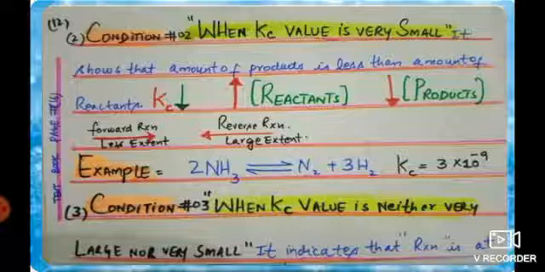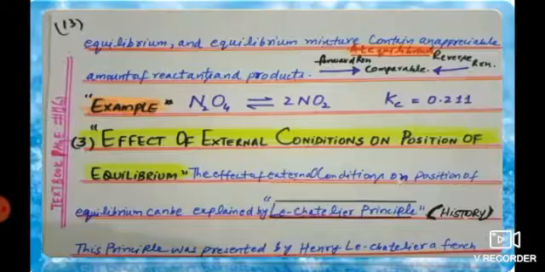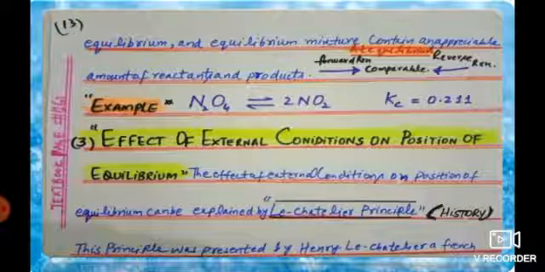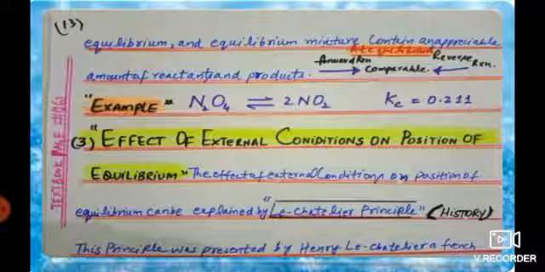Now the next is condition number 3, when the Kc value is neither very large nor very small. It indicates that the reaction will be at equilibrium, and the equilibrium mixture will contain an appreciable amount of reactants and products. Means in that reaction mixture the reactants will be present as well as the products. Both will be present, and they are converted in the forward or backward direction continuously. Like here they have given the forward reaction and the reverse reaction, they are at equilibrium,